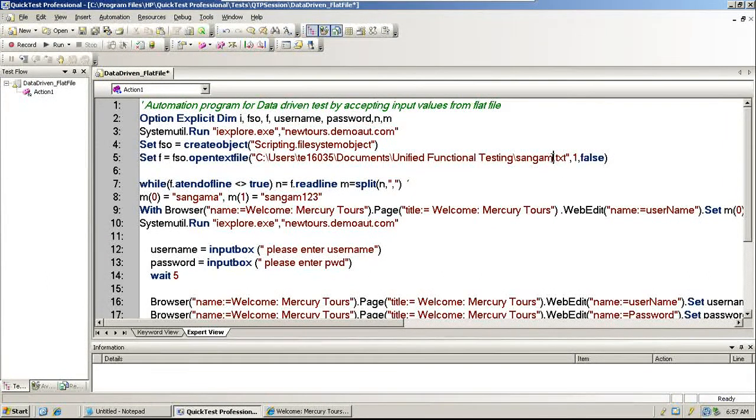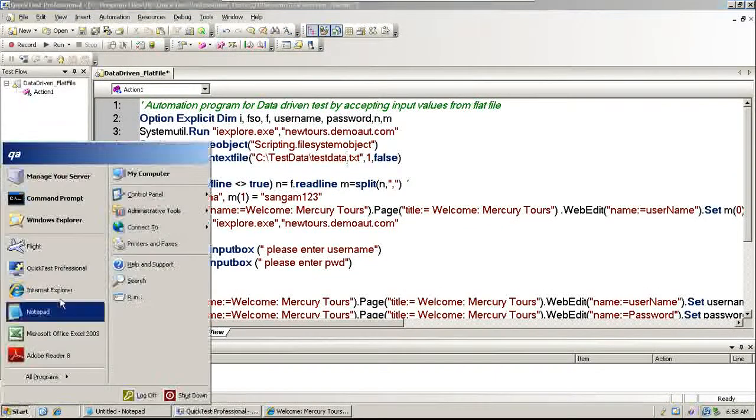Let us put our file in the C drive, in a folder called test data. Always put a backward slash, that's a path, and I am going to put test data.txt. It doesn't matter, txt or csv, both will work, both are considered flat files.